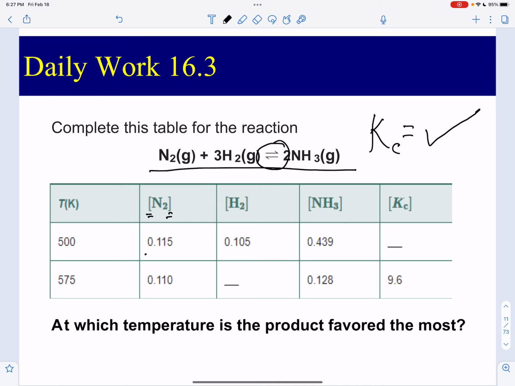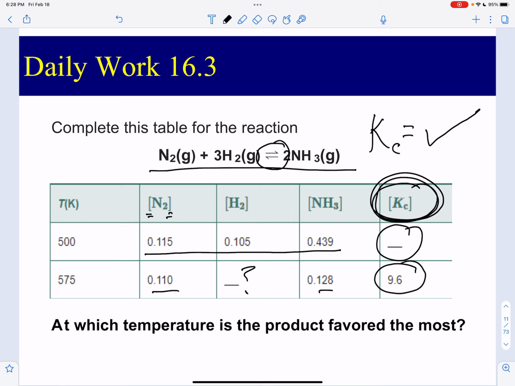So if the concentrations are given, you should be able to find the Kc. If the Kc is given, you should be able to find the unknown. So if you can do that, then you know exactly how to write an equilibrium expression. And once you find your K's,